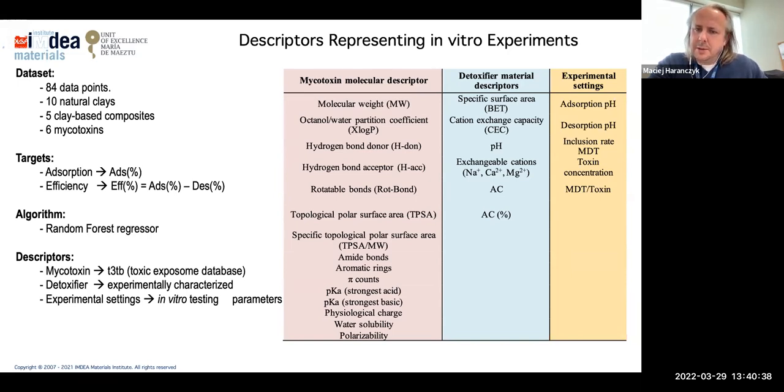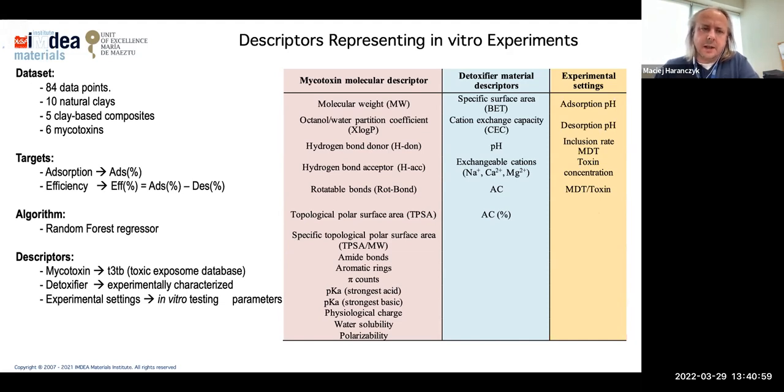We have descriptors of clays, as I mentioned before, and also some descriptors of the process that tell, for example, how big the dosage of toxin and clay was given. So what's the ratio between those two?